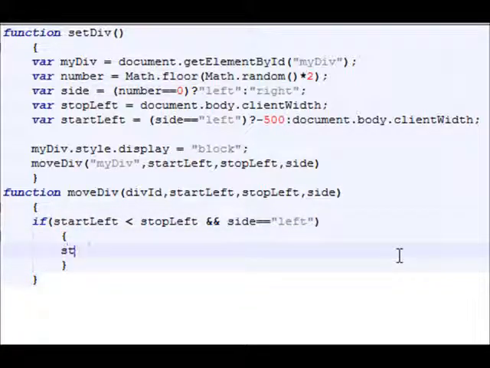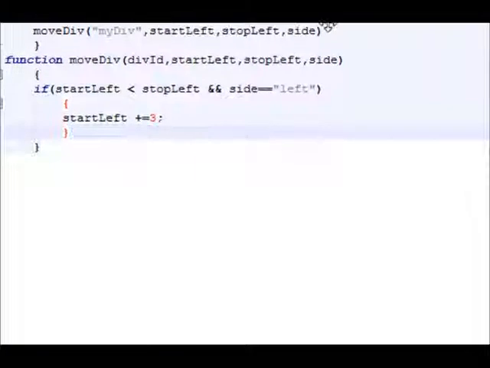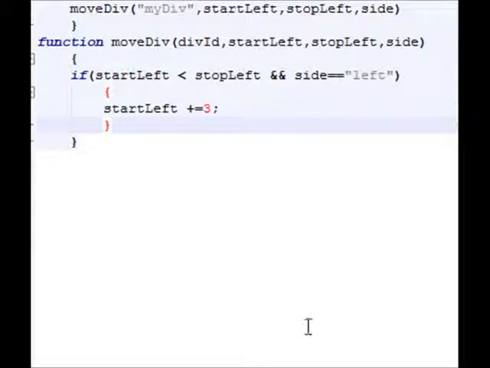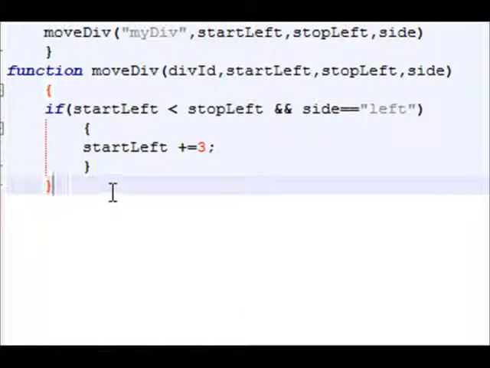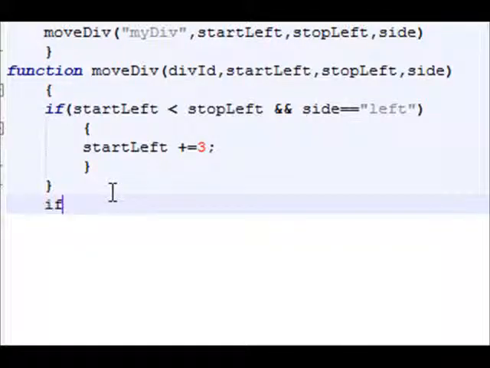We're going to say start left plus equals, try whatever increment you want. 3 seems to work for me. Okay, so that's totally up to you. You're going to have to test this out on your own. A smaller increment will go slower, and a bigger increment will obviously go a little faster. Okay? So then we got to say else if